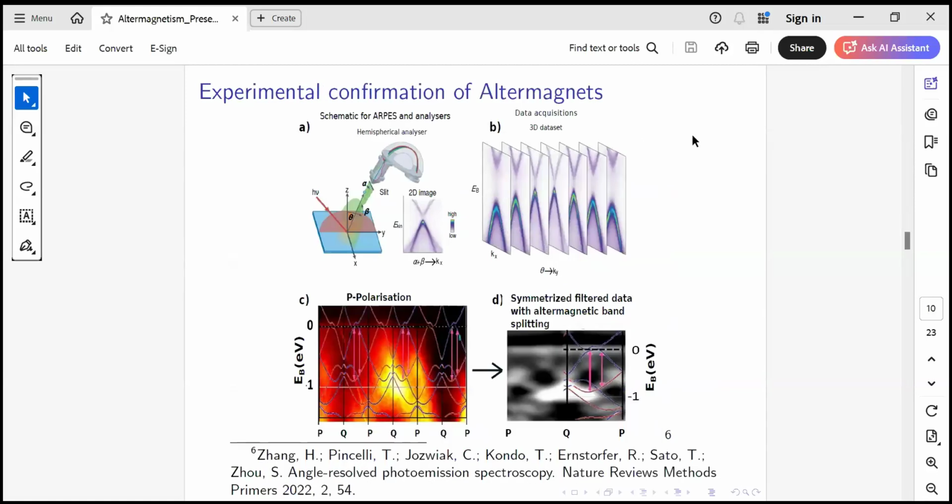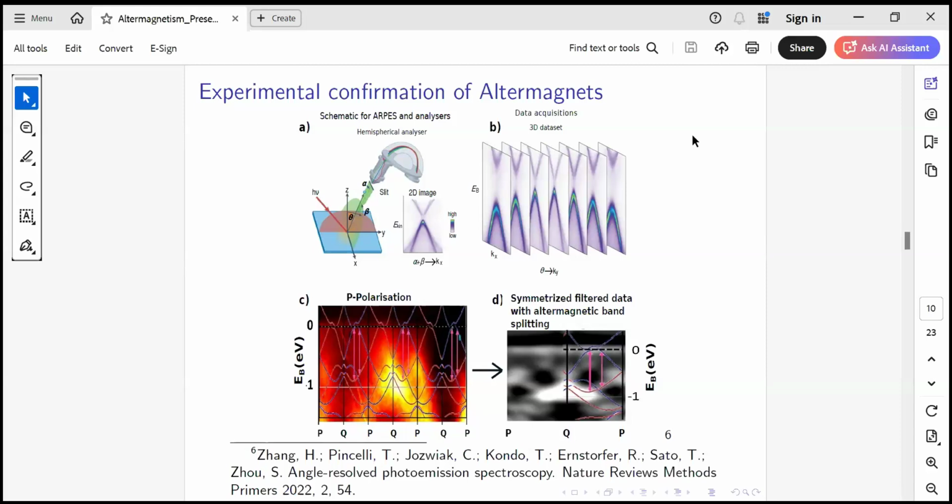Altermagnets have not only been explained by theory, but experimentally also they have found this kind of behavior in antiferromagnet materials.